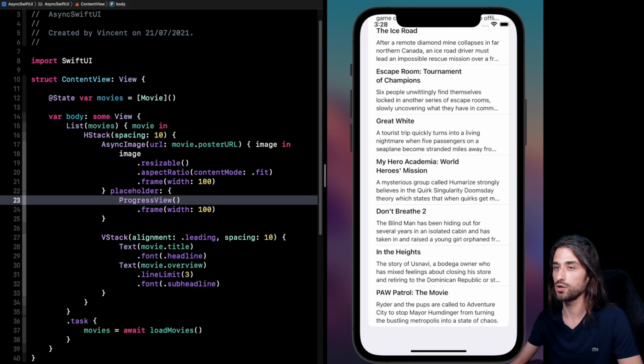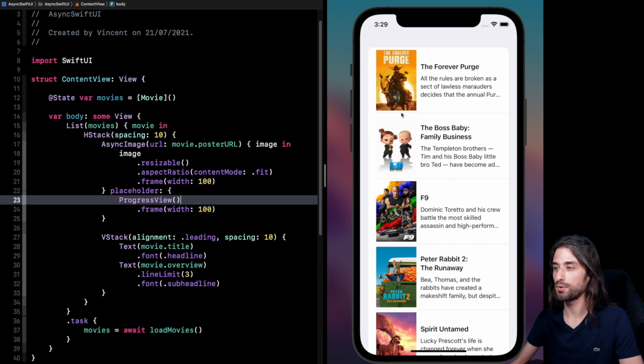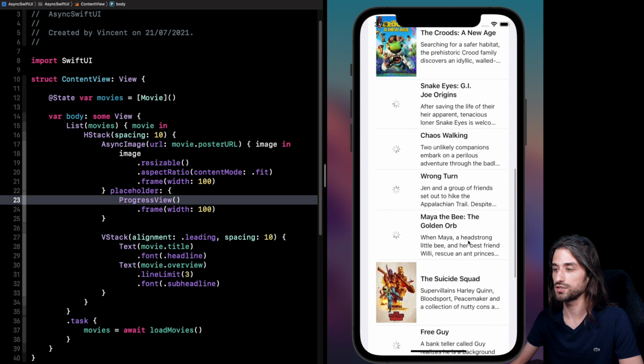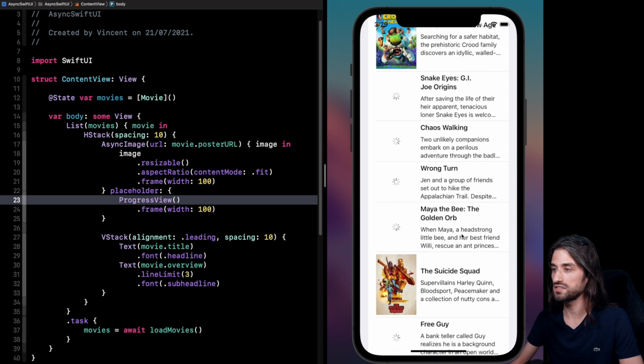Now if I relaunch my app, as you can see, the posters of the movies are indeed being displayed and they are being loaded dynamically using AsyncImage. What's interesting is that not all of the images are being loaded. I'm actually not sure why it works like this. It might be a bug of AsyncImage, or it might be that I'm making just too many network calls to the API. Actually, if you know the reason behind this bug, let me know in the comments, because on my side, I'm not quite sure what's happening here.